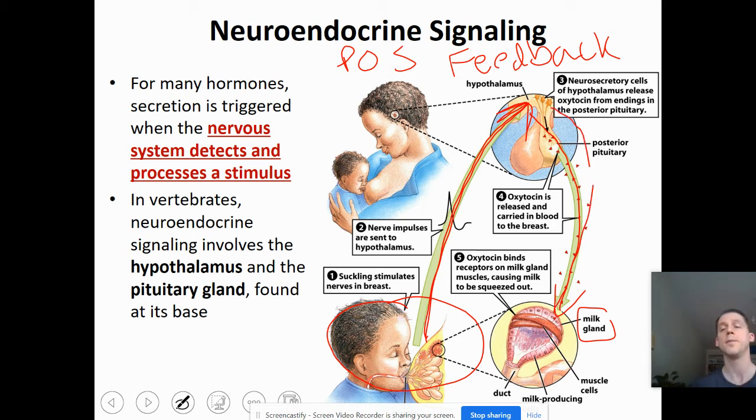And so we're going to have this, not a regulatory behavior, but an amplification, which is different. Right? This isn't negative feedback. It's positive feedback. We are releasing more and more milk. We're going further with this response. Negative feedback is a tamping down of a response. Positive feedback is amplifying a response, which is what we see here. Negative feedback is for the long term. This is for the short term. This does not happen forever. This happens for a short time until feeding is